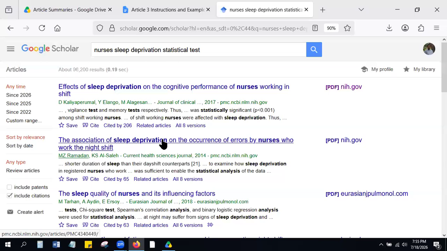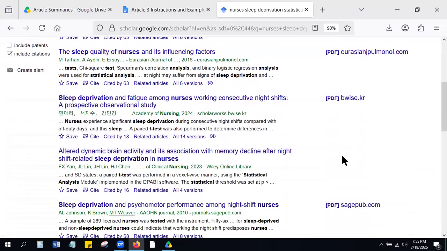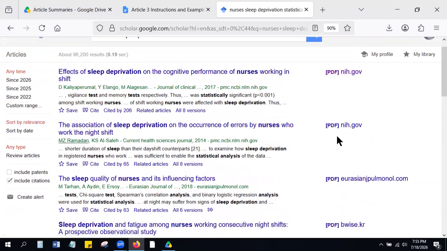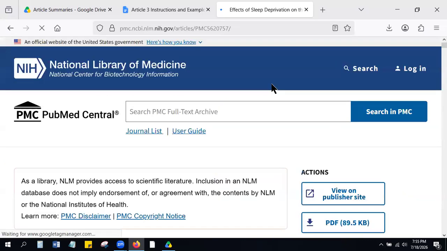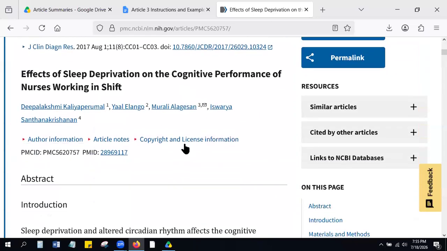Now, I see immediately a lot of stuff that comes up. If you see something that's got the PDF to the side, those are really good because the article's available just by clicking it. If you see something like this one here that doesn't have the PDF, it might be a little bit harder to track down. I'm just going to go with the first one to see if it's got any p-values at all. Not to say that the very first thing has to be the thing that you do. And so as I go into this one,